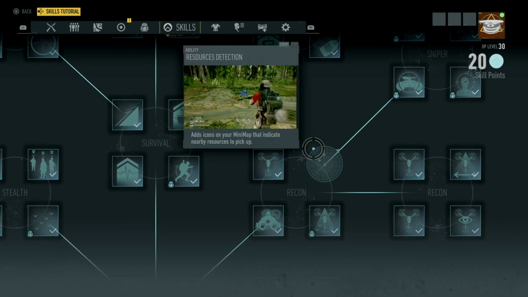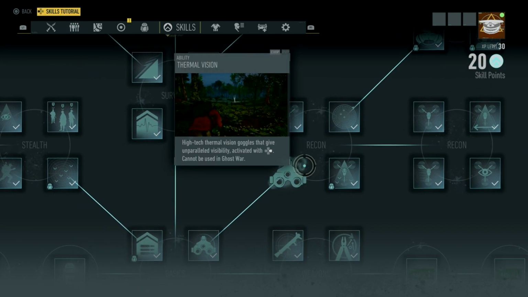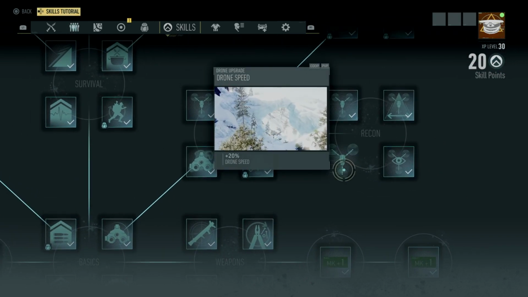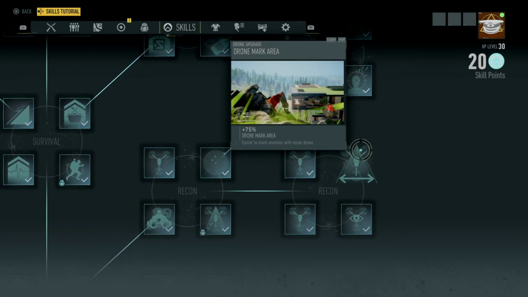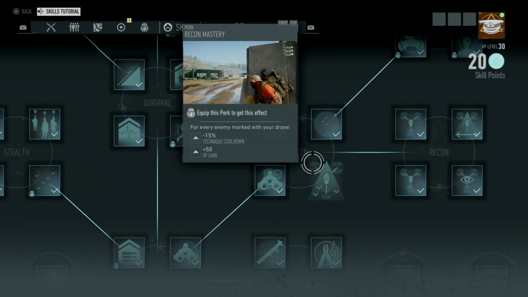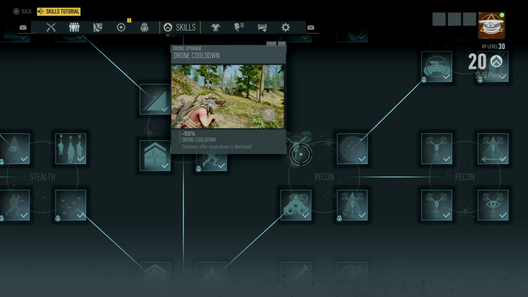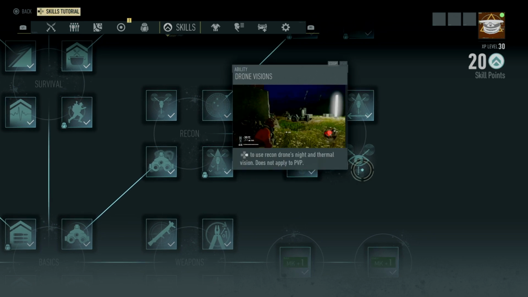And the last ones I would get would be not this. I guess you could go with the thermal vision, but I'm not worried about it. I'm trying to find which one it was. Basically anything with the drones. So, drone mark area, drone range, and drone speed in the recon tree would be the ones I would highly recommend getting. I wouldn't worry about getting the resources detection or drone cooldown, because drone cooldown only works if your drone's being destroyed. Drone vision